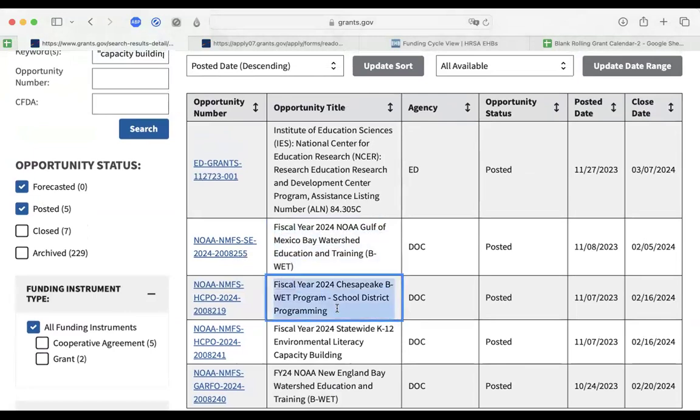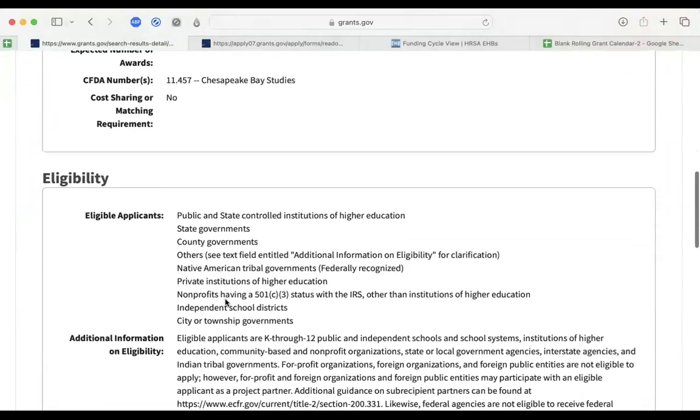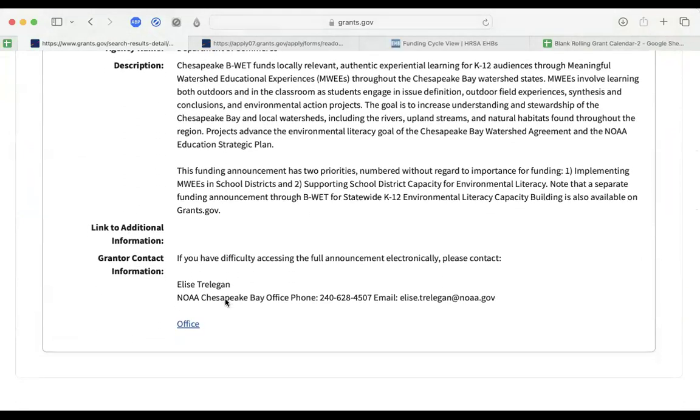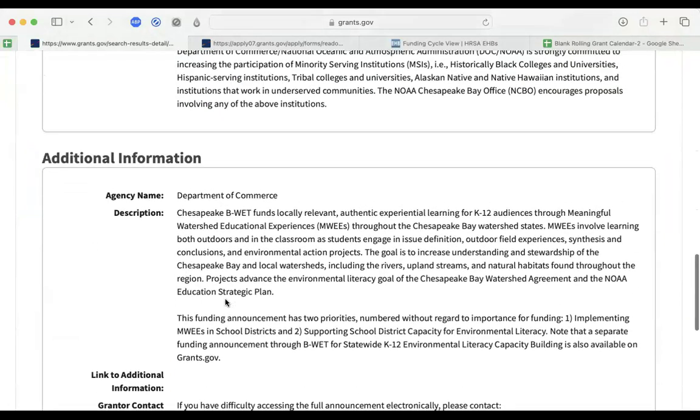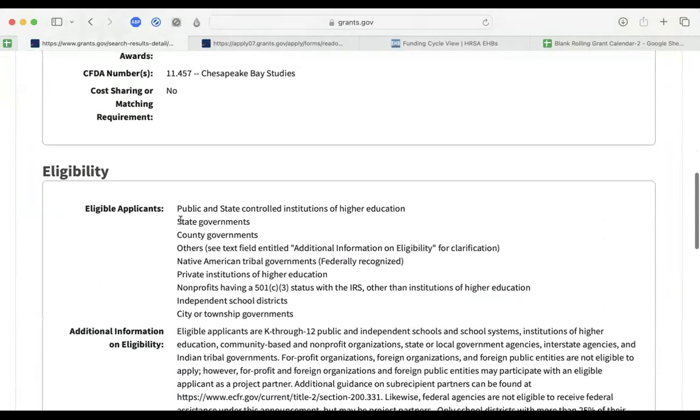Watershed programming specifically for a school district. So if you were looking for something to fund programming that would take place in your district, here's something from the National Oceanic and Atmospheric Administration. So NOAA. And so this is the kind of thing where you might have a district designing its own program, or you might have an entity, which in this case could include, I believe, a state education department or a school district level